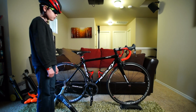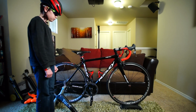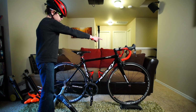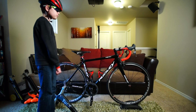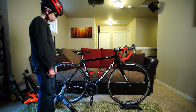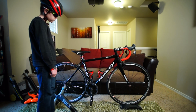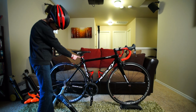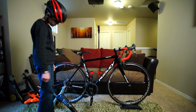And you may or may not be able to see from this shot, but he's got his Garmin out front mount there for his Garmin 510 as well, so he can see his numbers while he's riding. One nice little touch on the back of his bike here is we have a custom 3D printed number holder. So when race season starts, he can put his number into that custom printed number holder, and it will look